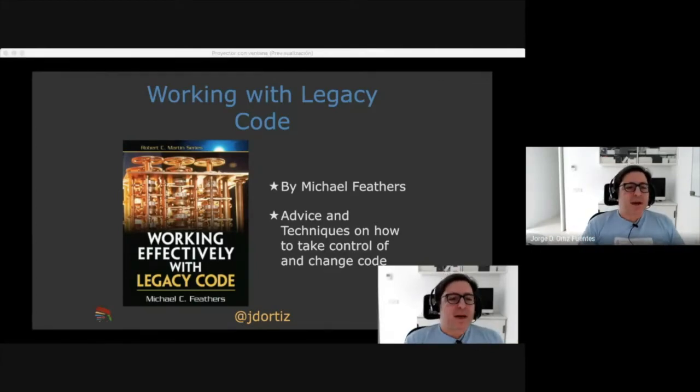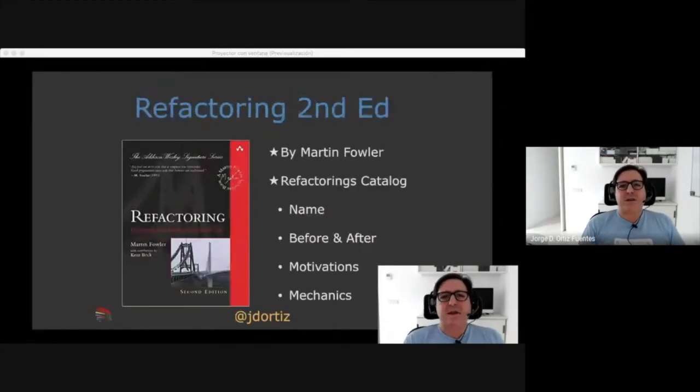The first book is by Michael Feathers, Working Effectively with Legacy Code, and it provides you with a lot of techniques and insights on how to take control of the code and how to change it in a proper way without affecting what you have and make it more maintainable, which is a goal for most of us. The other one is a catalog of refactorings, and it has a lot of them by name,